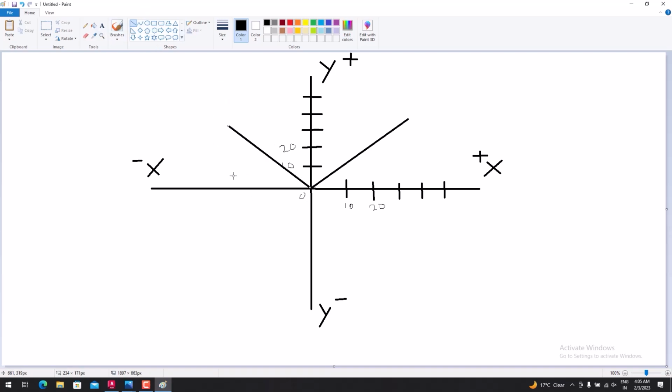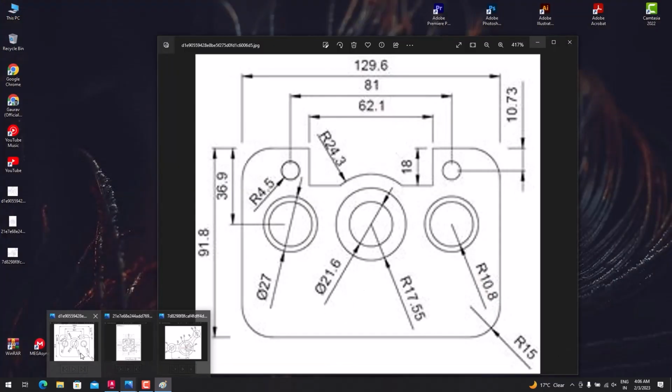If your line has negative values in both of them, then your line will be in this direction. And if your y value is negative and the x value is positive, then your line will go in this direction. So if you draw a line with the lengths 129.6 and 91.8,